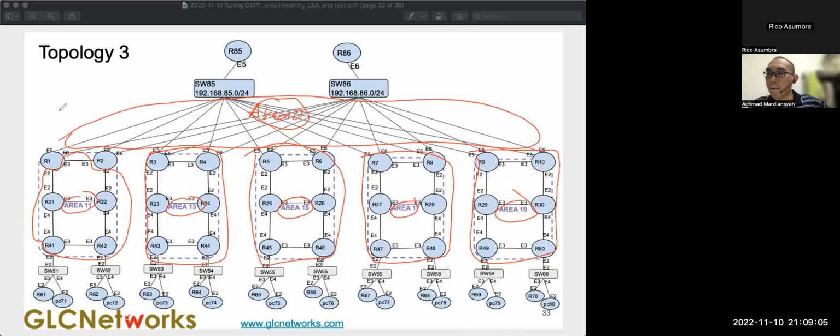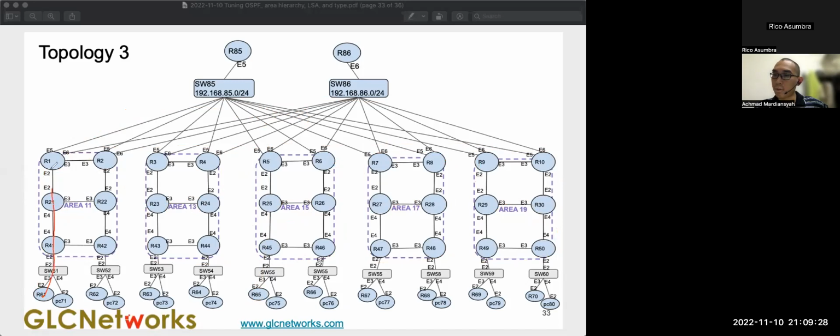So that means the way router 61 goes to router PC 65 here, the way it does is it goes to here, to area 0, and then here. Okay, let me repeat. From here to here. Okay, that's how it works. So that's why it's called hierarchical. So if you want to connect between areas, you have to go through area 0. Even if you put a cable here,